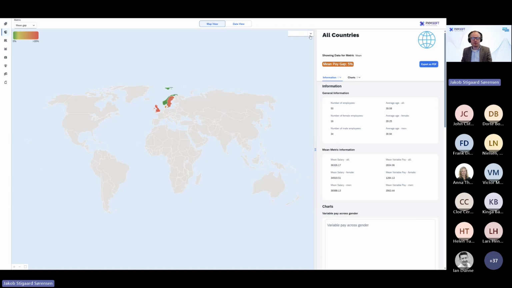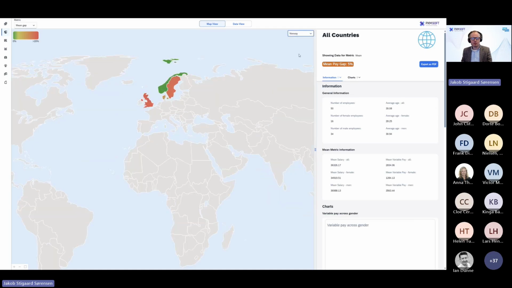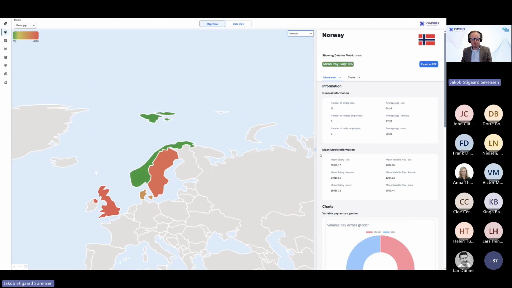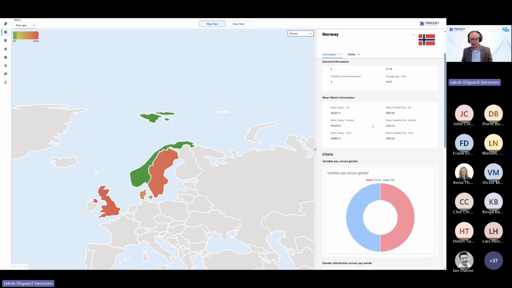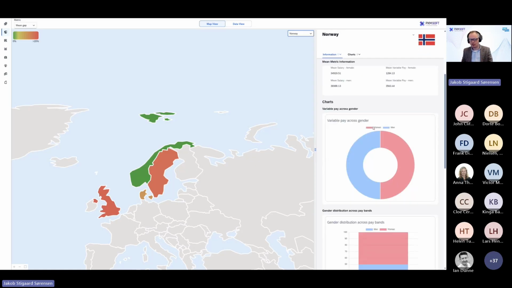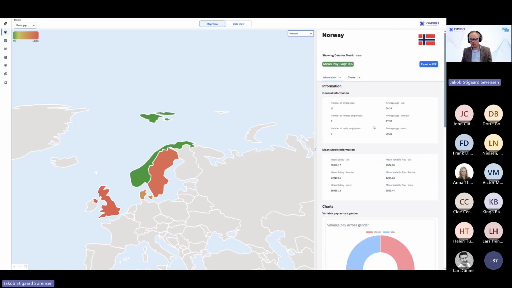how the scenario looks for these countries. You can see the scenario for Norway, the scenario for Sweden in our data. You'll get high-level essential insights showing you the metrics relevant for the given organization. So what's the number of employees, and so on. And obviously you can also get visual indicators showing the specific scenario for the organization in the given